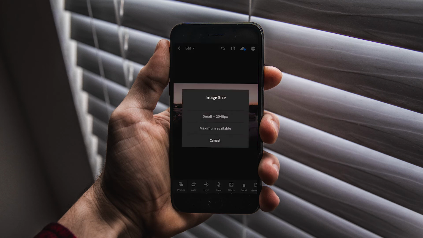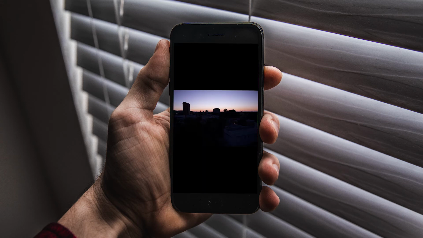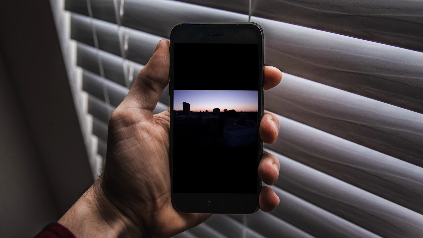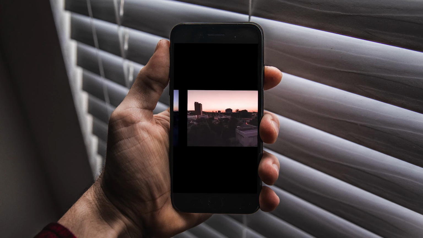Now we can click over here, save to camera roll, maximum available. This is what Luis Gas sent me. This is what it used to look like before, and this is what it looks like now. Definitely a big difference in this picture, since on the left side you can barely see absolutely anything, and on the right side you can see everything that's going on in the picture. You can see the sky, you can see the buildings, you can see the trees, you can see all the